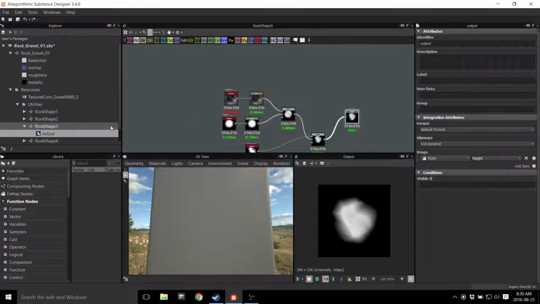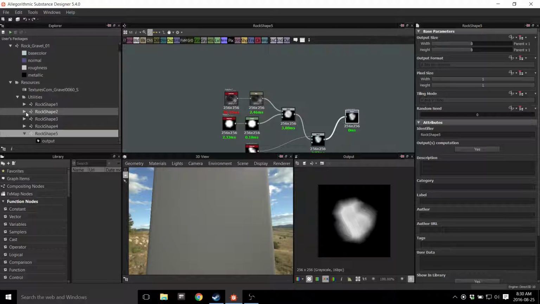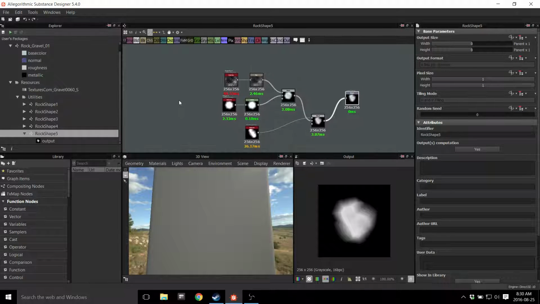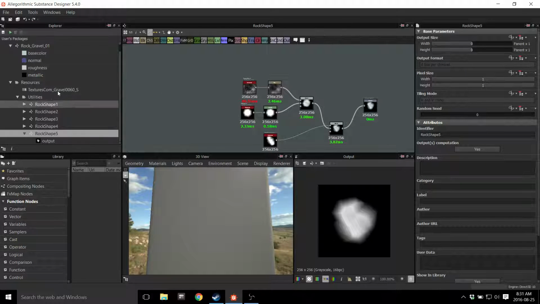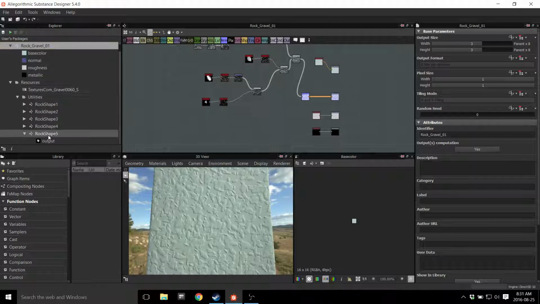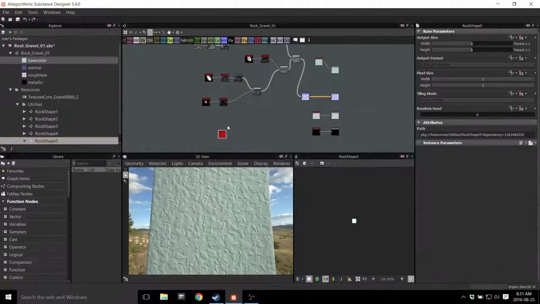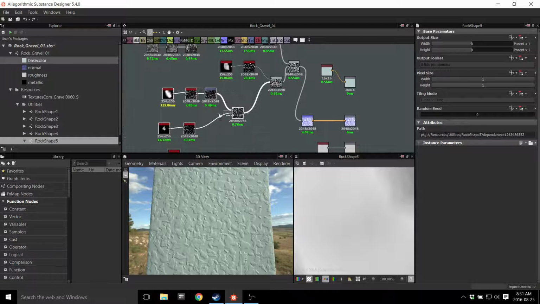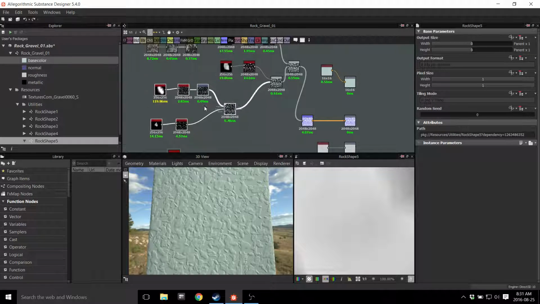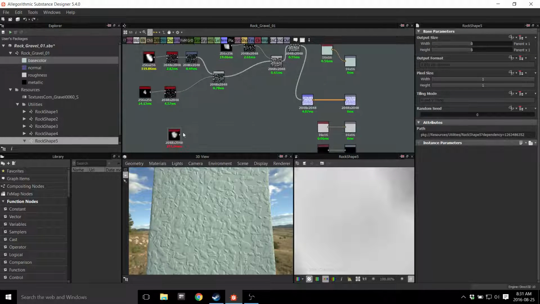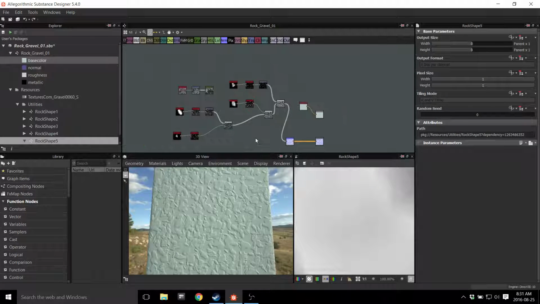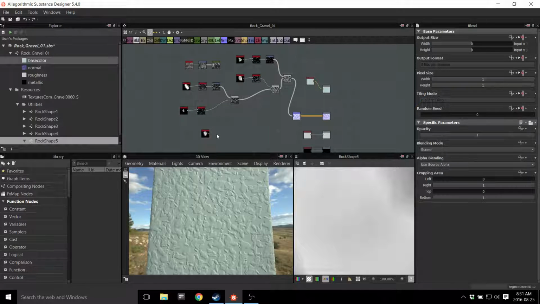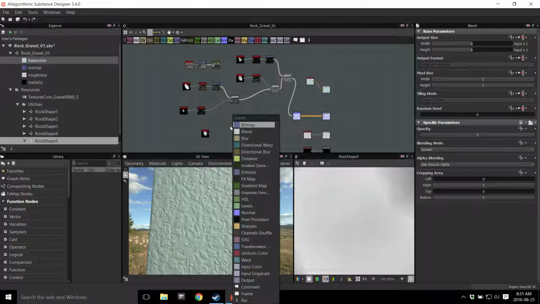So this is shape number 5, I believe. Yeah, this is rock shape 5. So we're just going to quickly save this. And then we're going to throw this into rock 001. So I'm going to throw this rock shape into here. And then we're going to have to make this tile. So we're going to have a tile